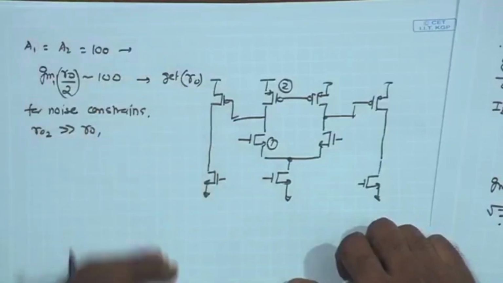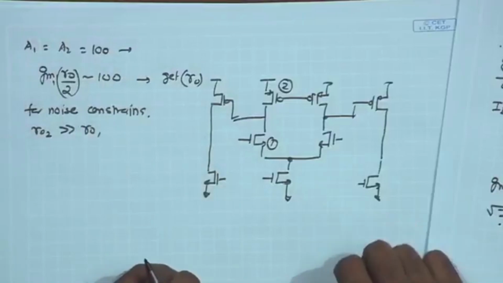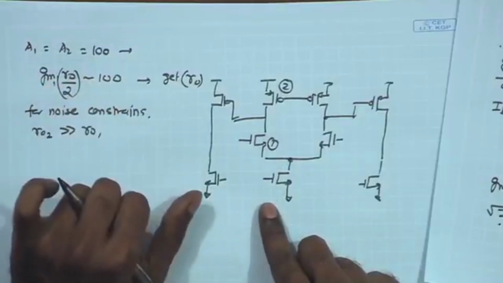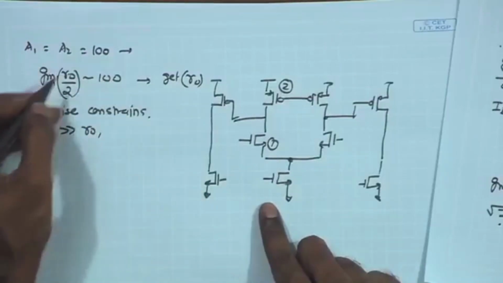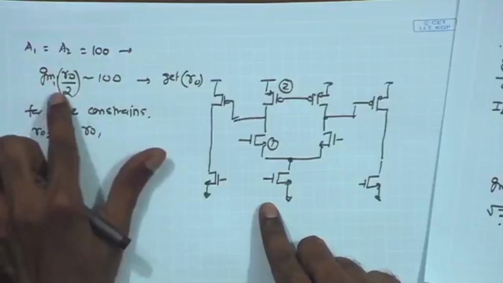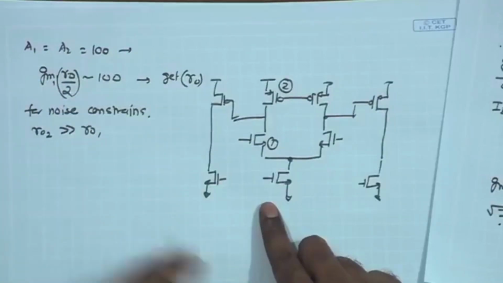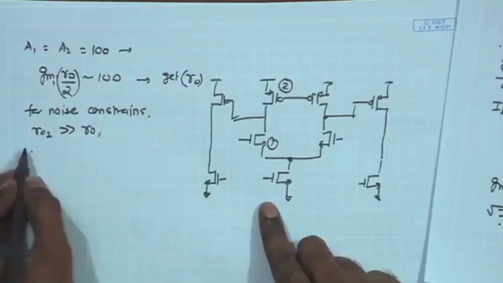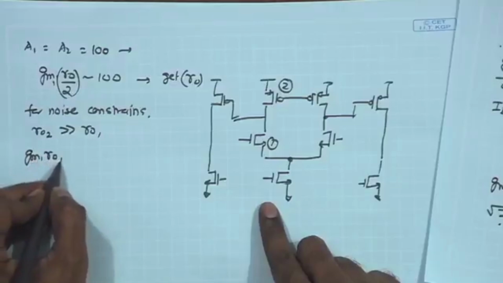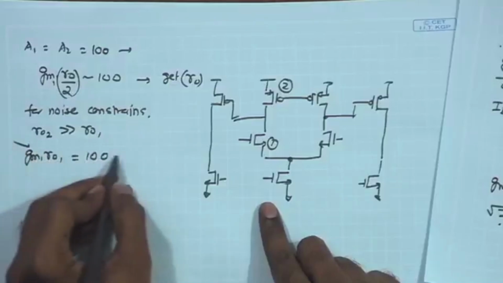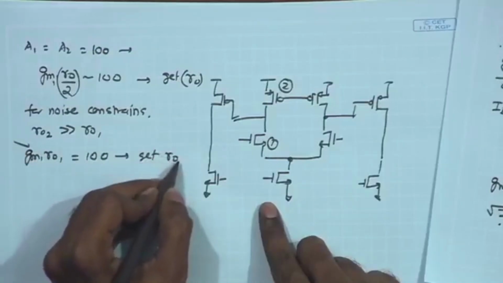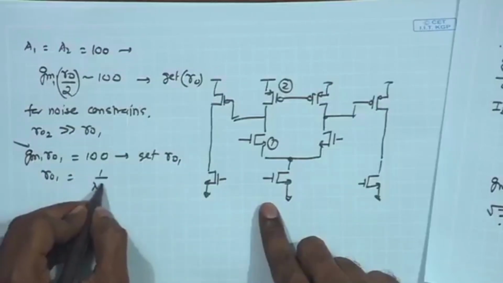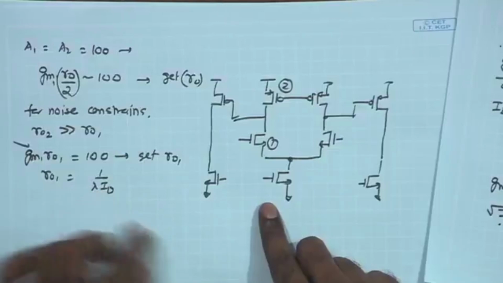It can be at least 10 times greater than RO1, and as a result, the gain in the first stage is going to be determined by GM1 RO, really RO1. So, to be more accurate, I would say the gain is GM1 RO1, and that would give me the value of RO1 estimated. So, this gives me GM1 RO1 equal to 100, and with the known value of GM1 I can get the value of RO1, and we know that RO1 is equal to 1 upon lambda ID, which also depends upon the